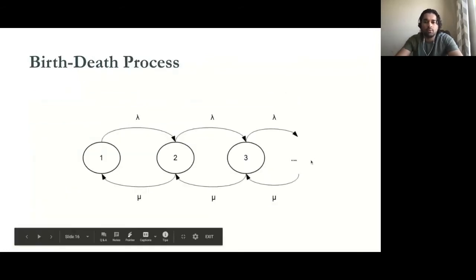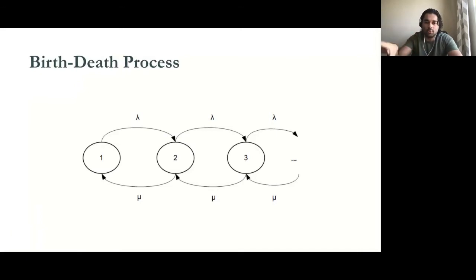So the basic idea is that the different states, or the numbered circles here, correspond to different lineages in a specific tree. And with a certain rate lambda, you would have additional lineages being created. So as a tree gets evolved from the root all the way to the leaves, you would, at a rate of lambda, sample from a distribution which samples either duplication or speciation events, which create additional lineages,